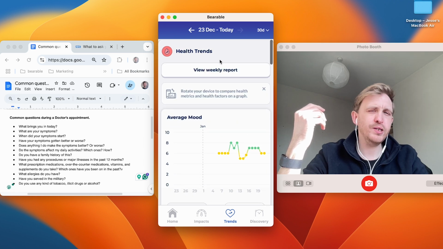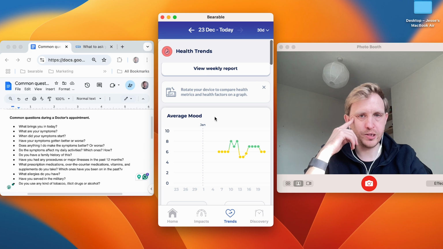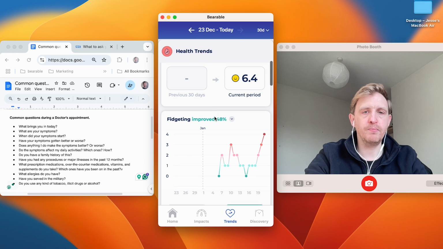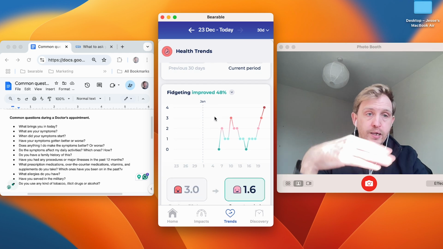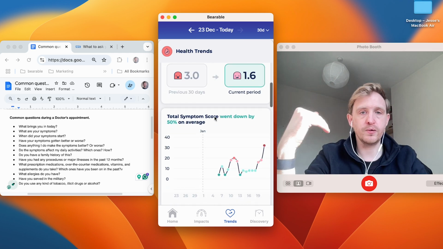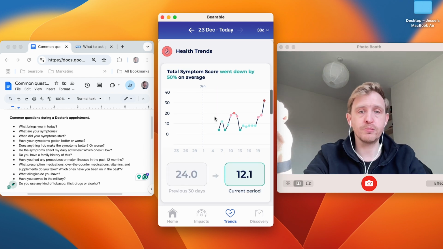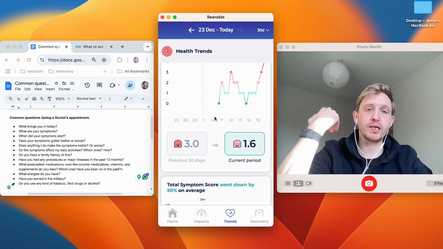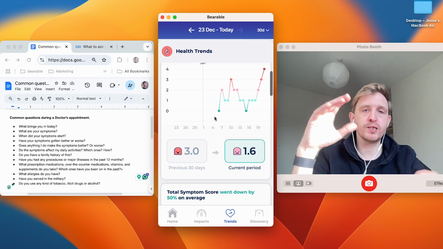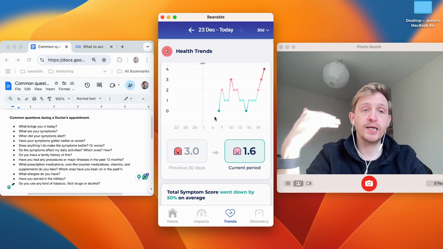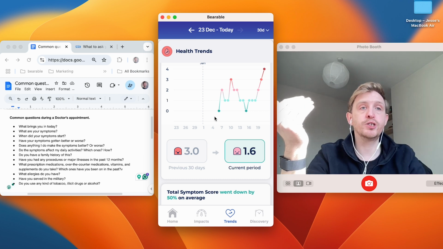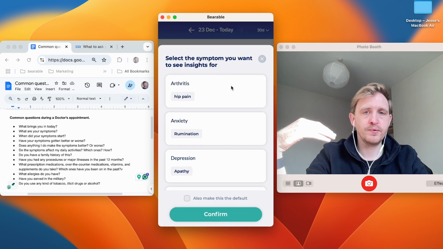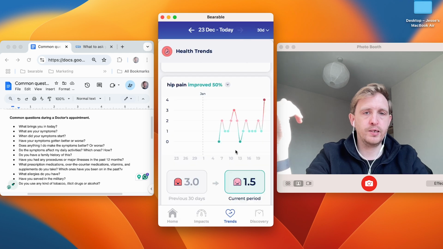You can view your weekly report, but I think in the trends section of the trends tab, you can look through each of your different health metrics and see which of them are trending upwards, which are getting worse, and therefore might need more attention than others. You're going to have symptoms or a condition that is more severe than another one, and whilst they might have a relationship with each other, it's going to be most useful to tackle your most severe issue at any time. You're going to have a sense of what that is anyway,